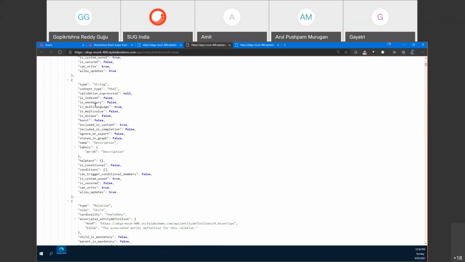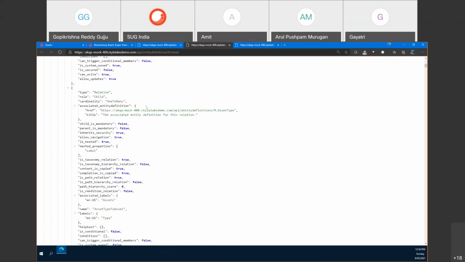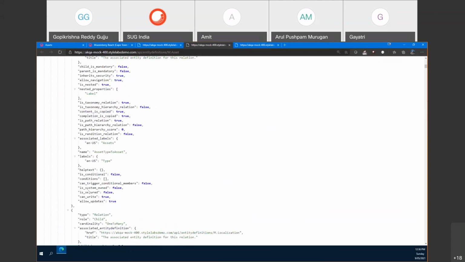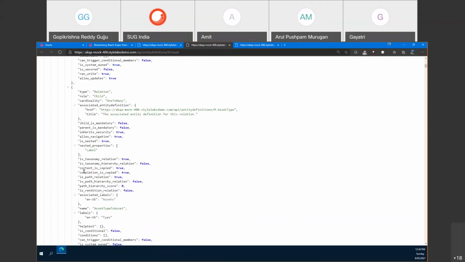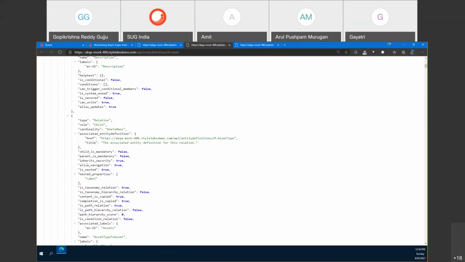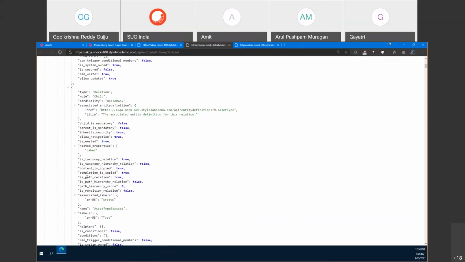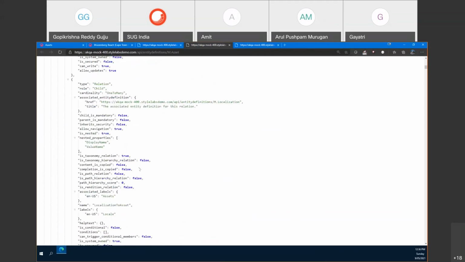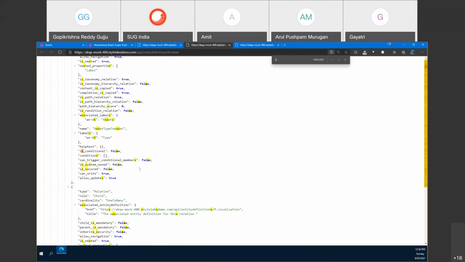Let me just go to the taxonomy, or sorry, asset type. Yeah, asset type here. You would have allow navigation is step, system bound is conditional, taxonomy is path, relation is rendition, allow, or let's see the child at least source.